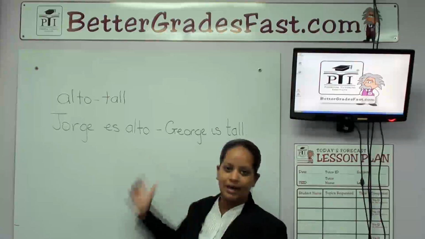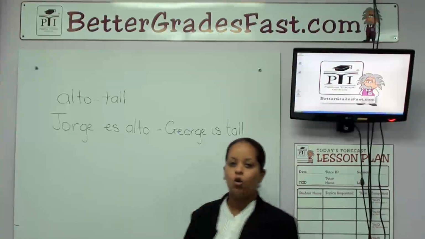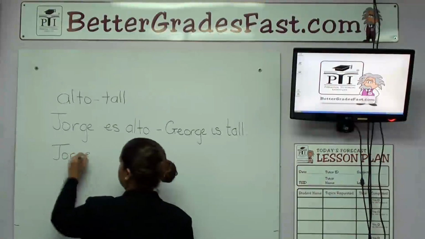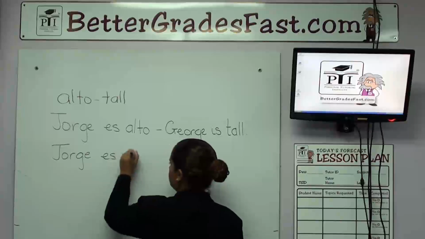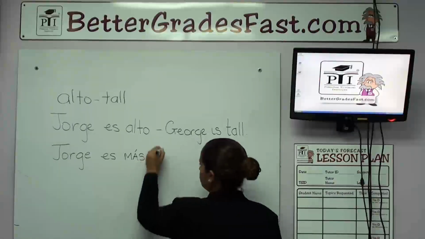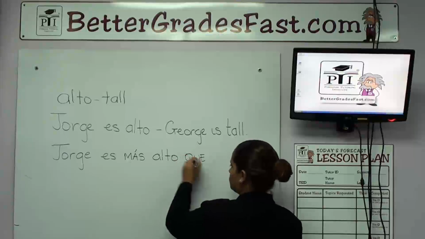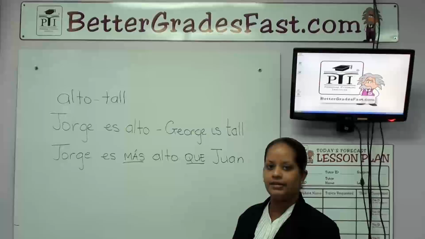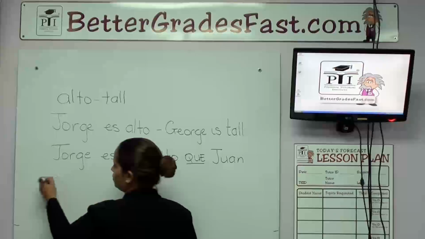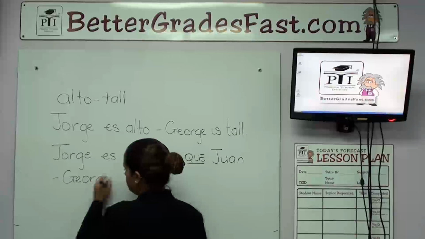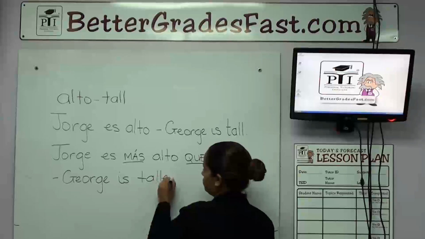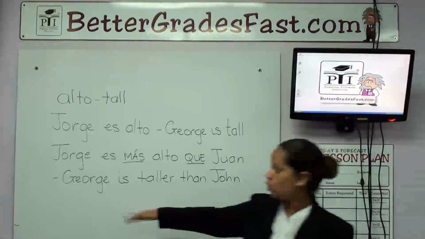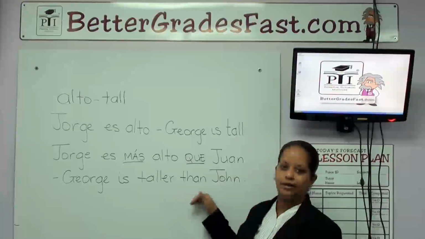If we were to compare George's height with someone else, let's say his friend Juan, who he is taller than, then we would have to say Jorge es más alto que Juan, which means